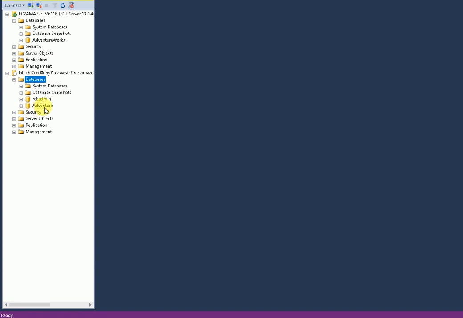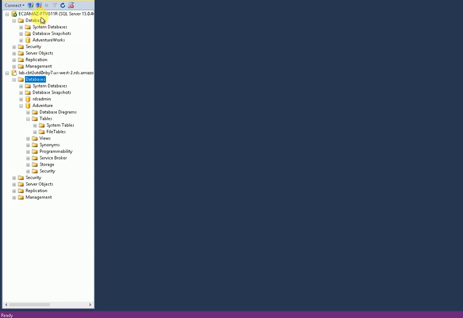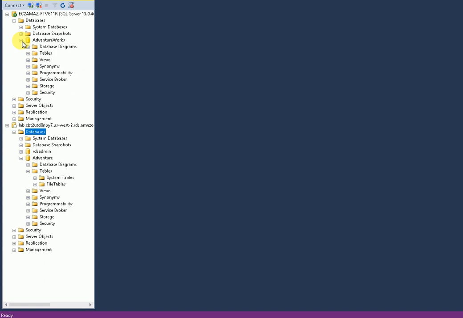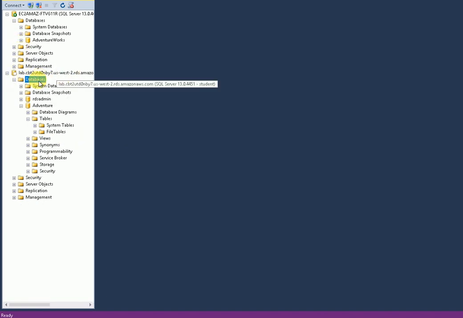The newly created database is present, but there are no tables. You can see this by clicking on the plus symbol. In the table section, you are not able to see any tables. Whereas in the on-premises database, sorry, I have double clicked it, closing it. In an on-premises database, by expanding the Adventure box and clicking on tables, you are able to see this many tables which are available in the on-premises database. But since this is a cloud database and we have created the Adventure database, and we are going to take the data from on-premises to cloud, we need to use